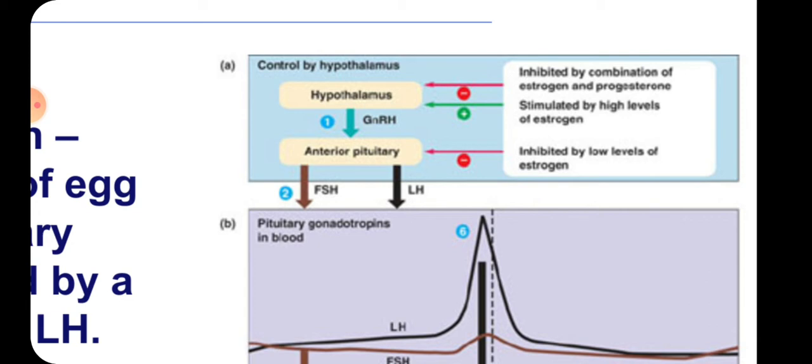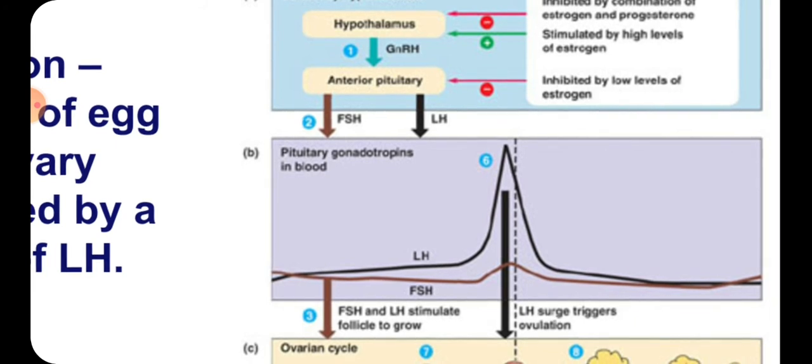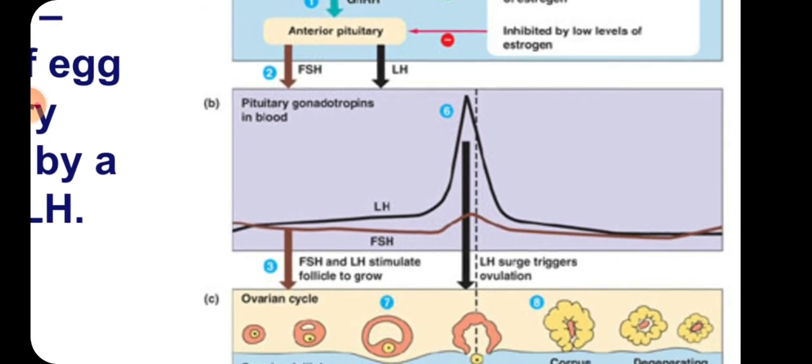The first stage, gonadotropin releasing hormone, acts on the anterior pituitary. And in the second stage, the anterior pituitary releases FSH, follicle stimulating hormone, and luteinizing hormone. Now you can see the levels of pituitary gonadotropins in blood,